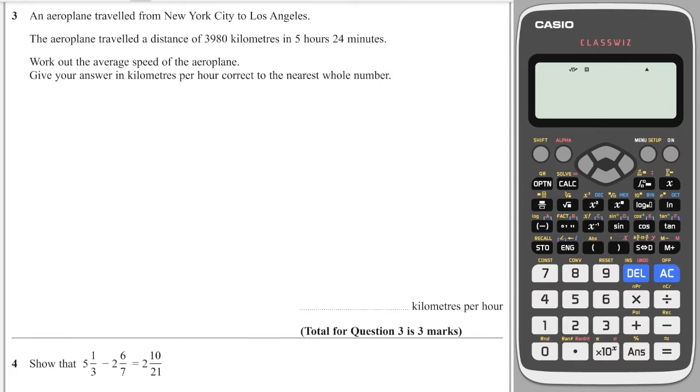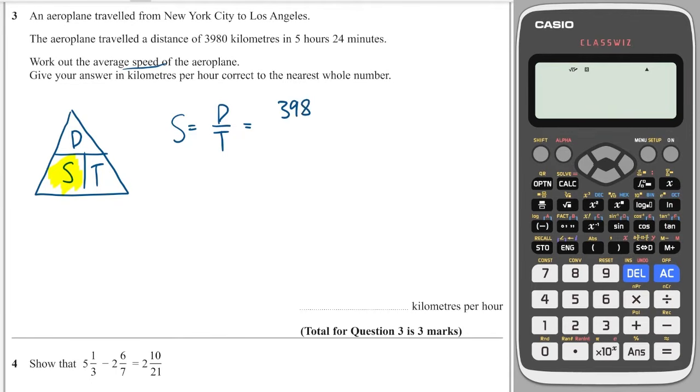Okay, we've got speed, distance, time. So I draw my triangle like this, and I would write speed, distance, time. And I'm looking for the speed, so I cover up the speed part of the triangle, and that tells me I have to do the distance divided by the time. So speed is distance divided by time. The distance is 3980, and the time needs to be in hours, because the distance is good, it's in kilometers, and our speed needs to be in kilometers